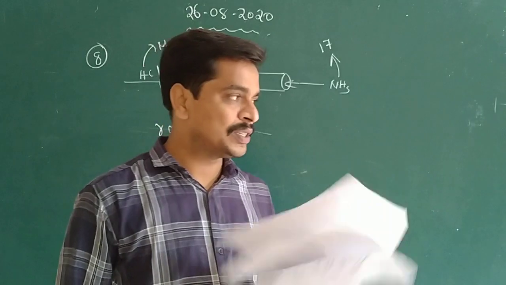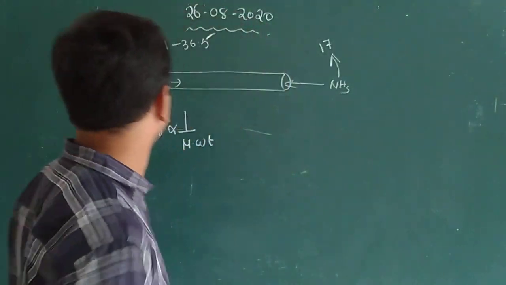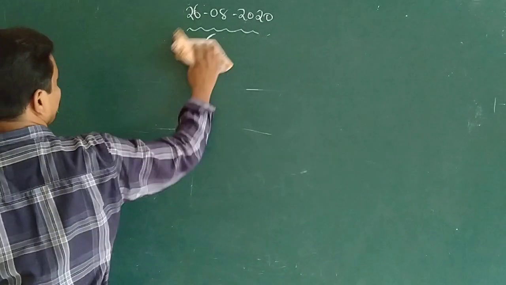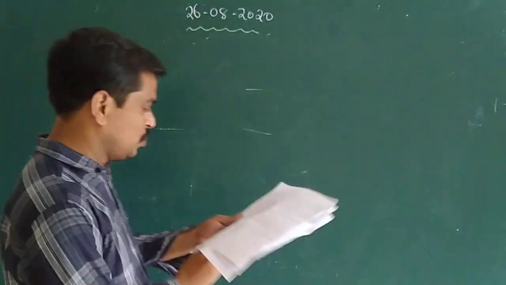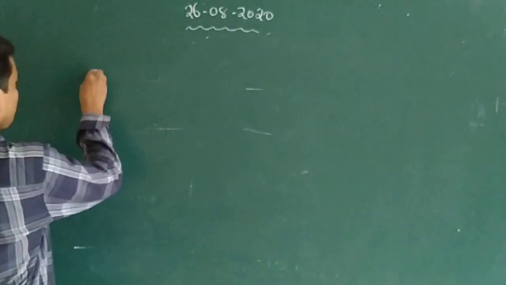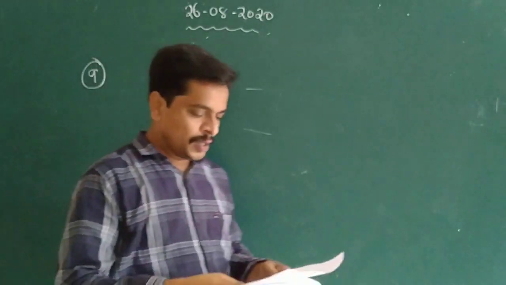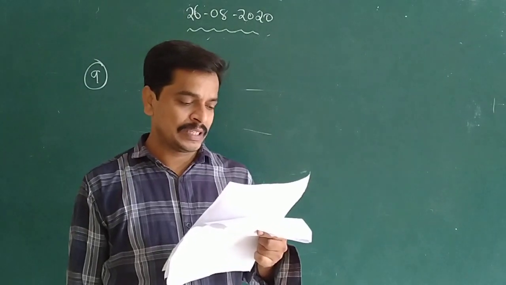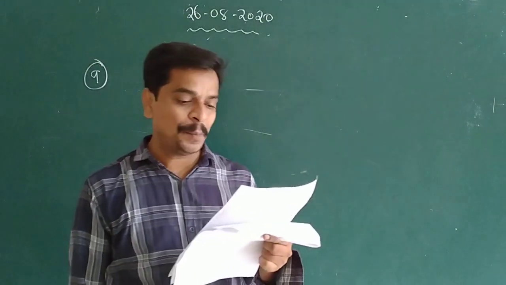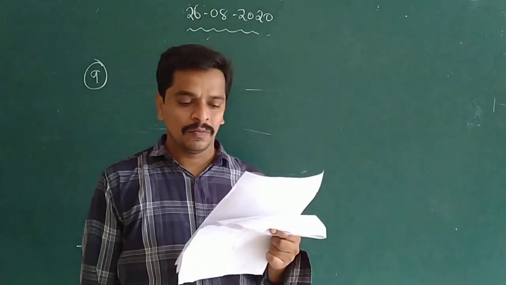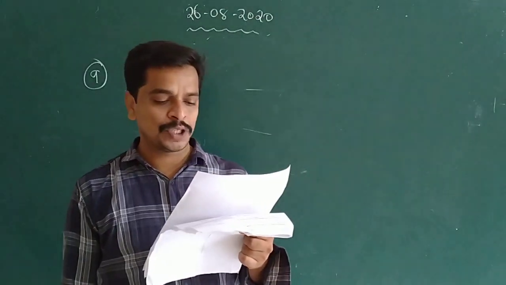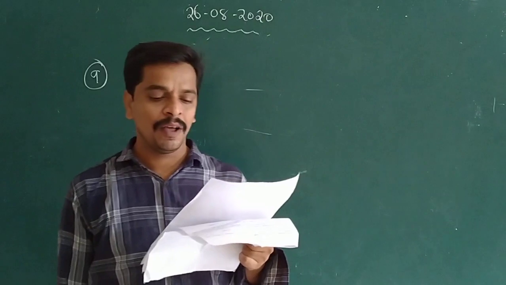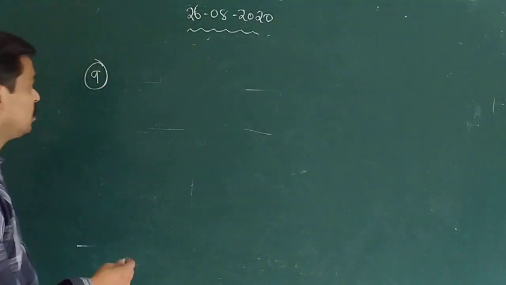Question number 9, students. Listen students, two gases A and B having the same volume diffuse through a porous partition in 20 and 10 seconds respectively. The molecular mass of A is 49, the molecular mass of B will be